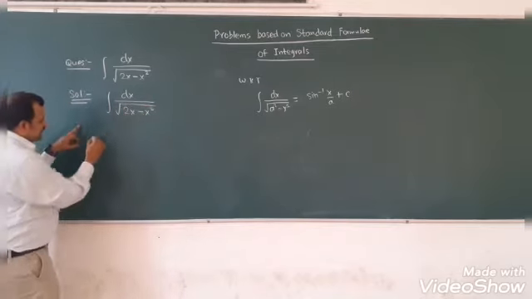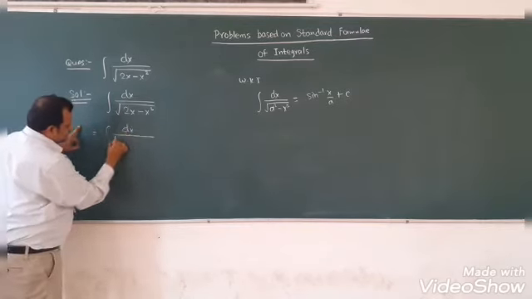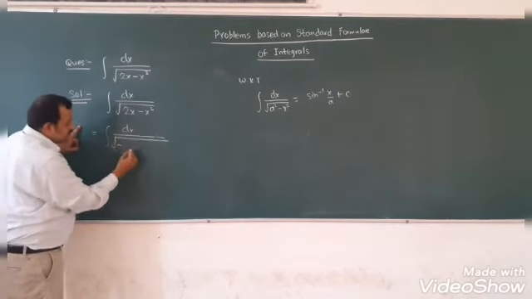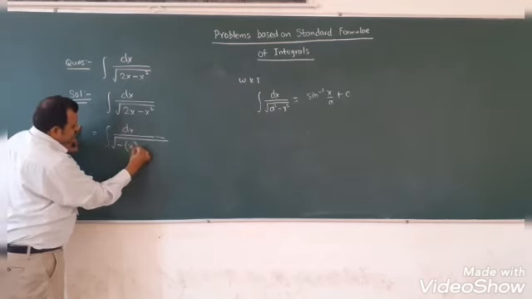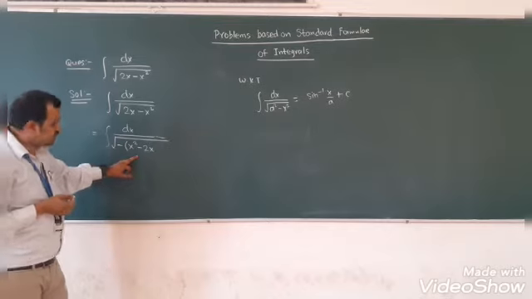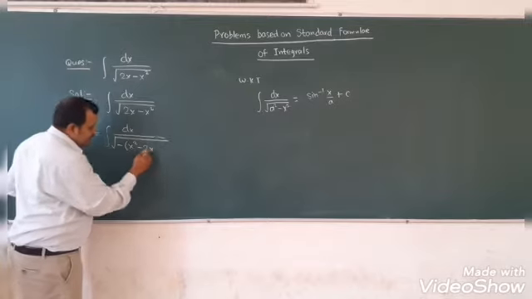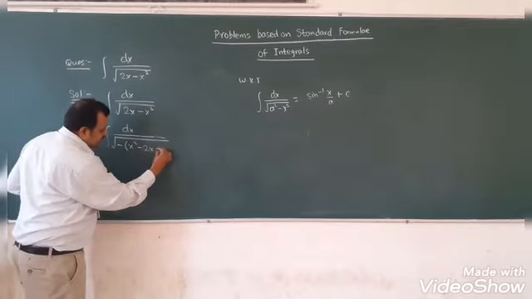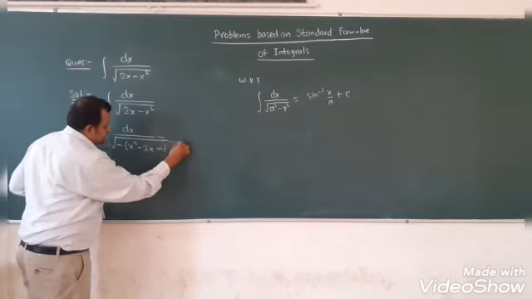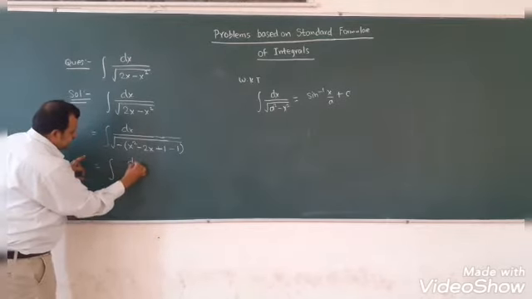Now look here. What I can do here is dx divided by square root of this, minus I am taking common. So take minus common, what you will get? X square minus 2x. Now I want to make this a perfect square. So what should I add? It is something like a square minus 2ab. So what I am doing here is I am adding 1. Since I am adding 1, I have to subtract also. So I can say this, or this we can write as dx divided by.